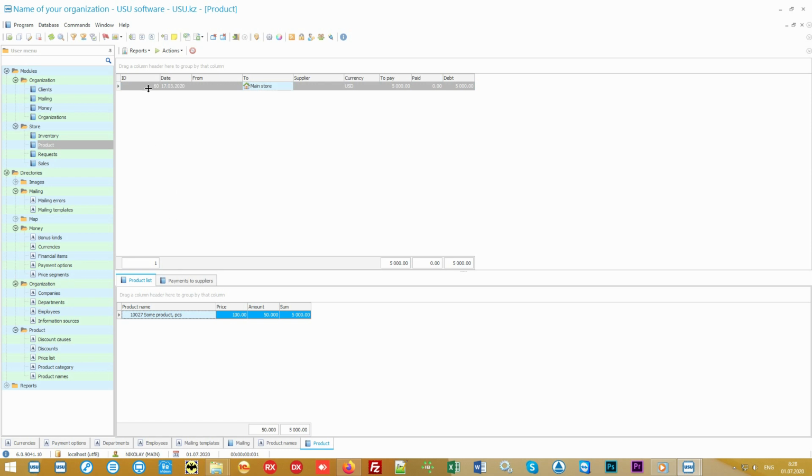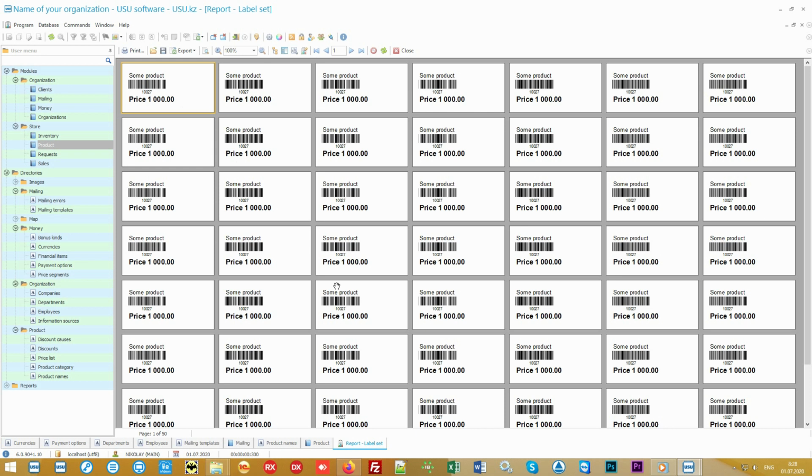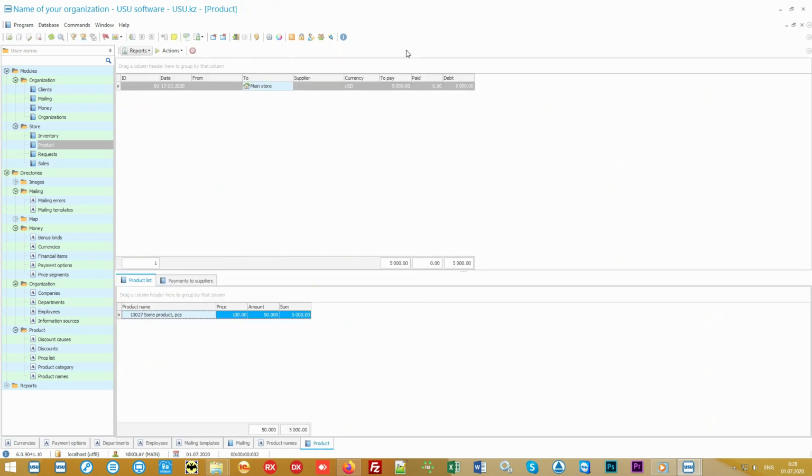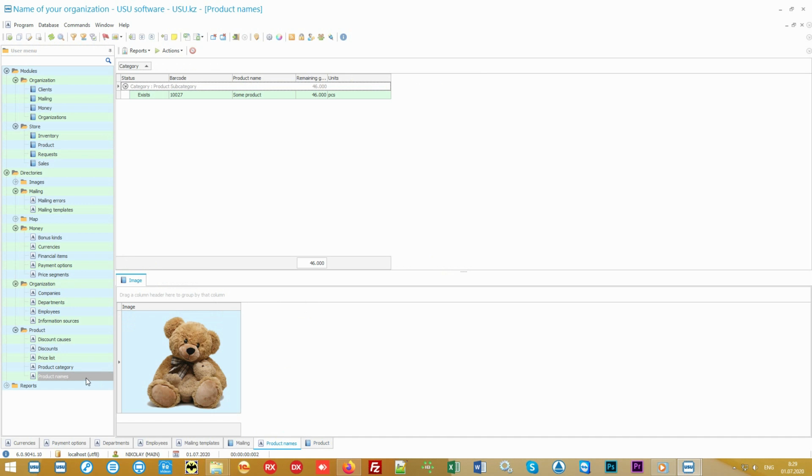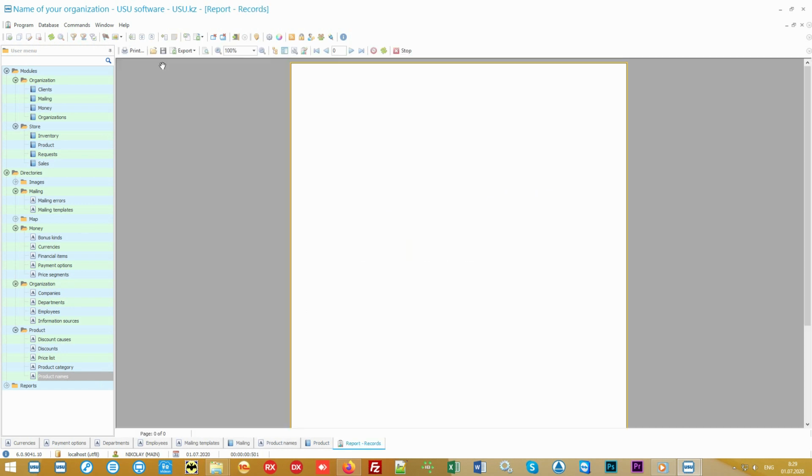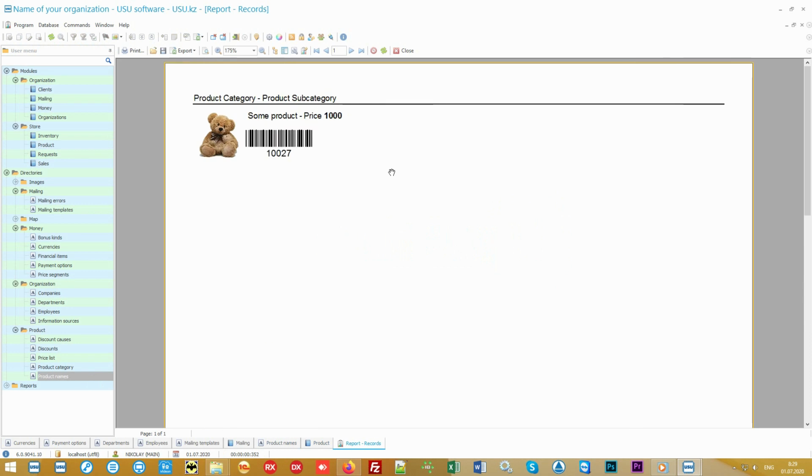If you work with barcodes, you can immediately print labels with barcodes on the product, where there is no barcode. Moreover, labels can be printed both on a separate name and on the entire incoming batch of goods. Our software is saving your money. Therefore, it provides an opportunity not to stick labels on cheap goods. You can print barcodes of cheap goods in the form of a memo, which the seller would simply scan during